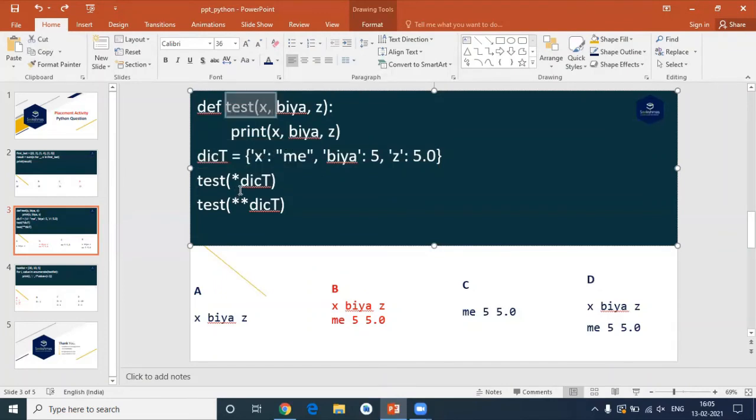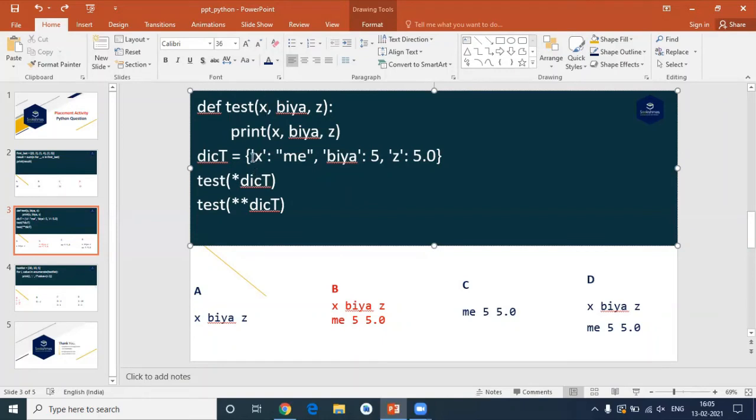This is an unpacking format in Python. The star picks only the keys from this dictionary and passes them to this test function, and those keys are stored in these three variables, or these three parameters.